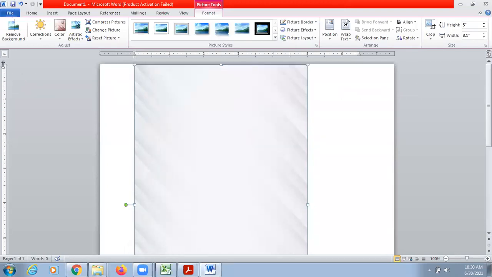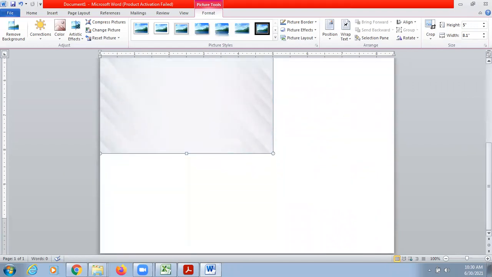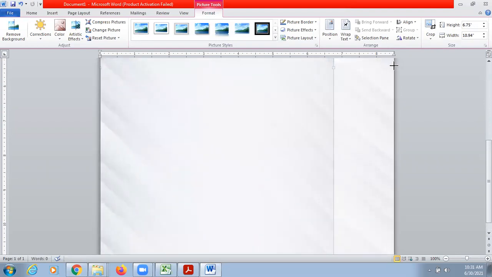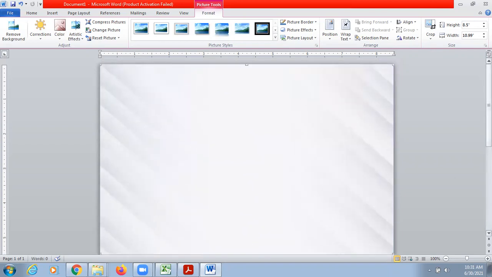This gray portion I need to drag from the left side, right side, top and bottom also, so that I can fit my background on the whole page. Okay, so the background is ready now.